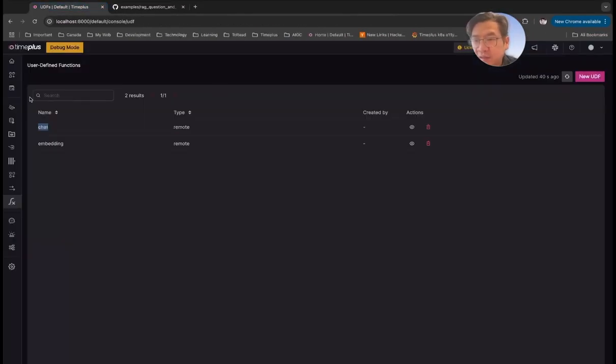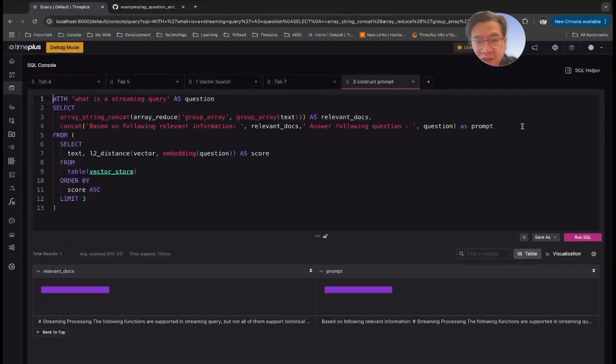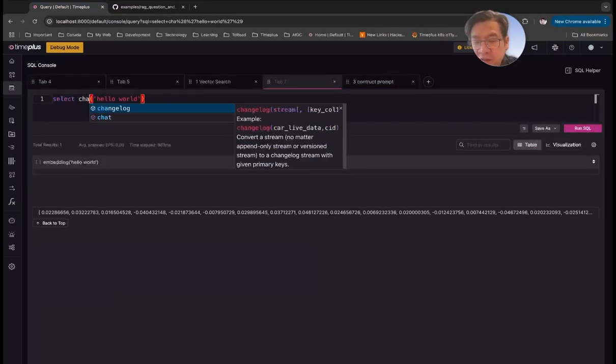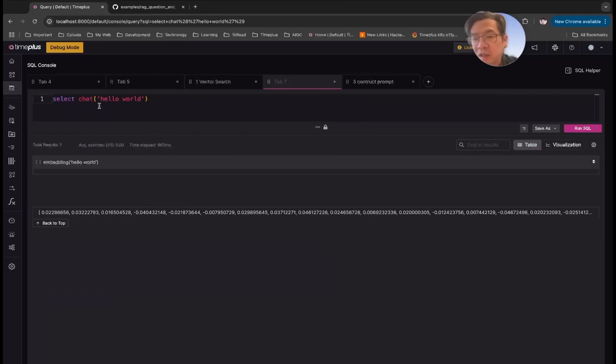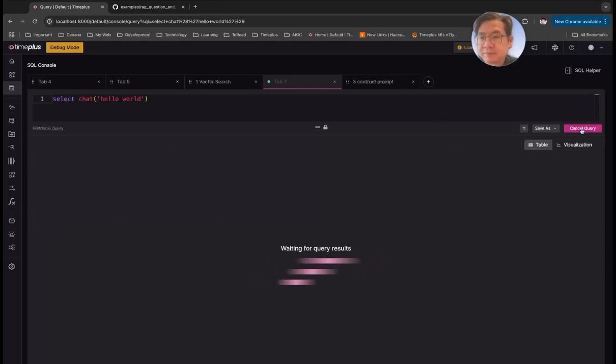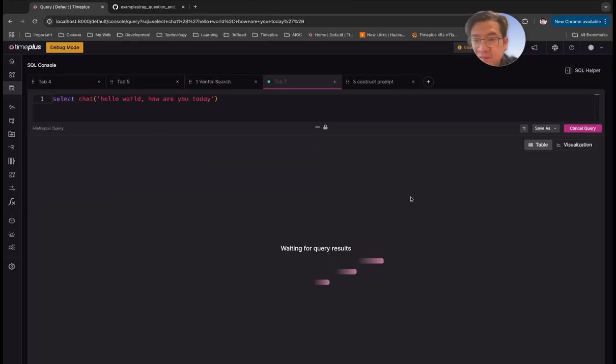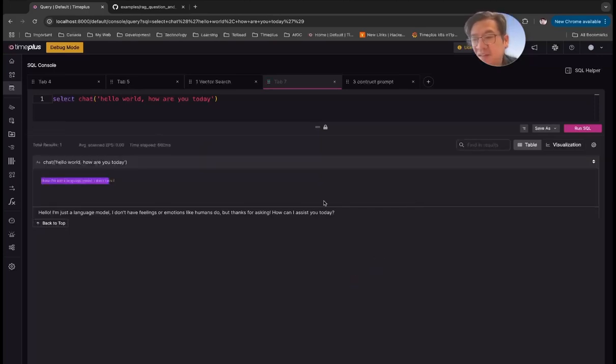So we just come back to this. We just add a chat, and send this chat result. Before that, I want to show you the chat function. In the SQL, you can just call the chat function, and it sends this message to the LLM. So it's calling my local LLM. Hello world, it just returns hello world. Maybe I add something: how are you today? Okay, you can see the LLM returns: